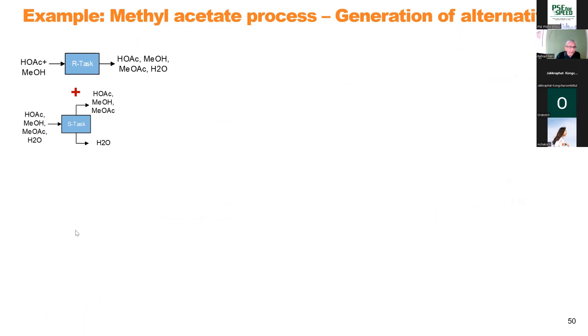So now we go back to our reaction task, which is this and this going in, and these compounds going out. And then the separation task, 4 compounds. And if we remove water, we have 3 compounds left. And then if we combine these two together, we have these two coming in, and then we have these going out here, this going out here. So reaction separation we have combined.